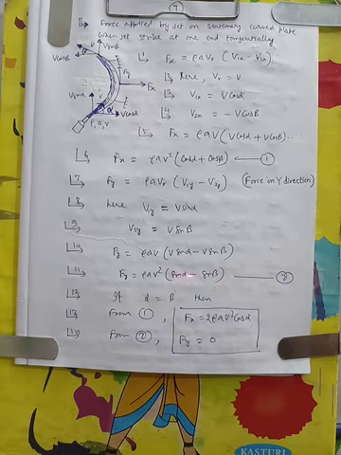So especially if alpha is equal to beta, then this equation, the force along x direction, will turn into 2 rho a V square cos alpha, and the equation for force along y direction will be 0. It means if alpha and beta are equal, then Fy will be 0.